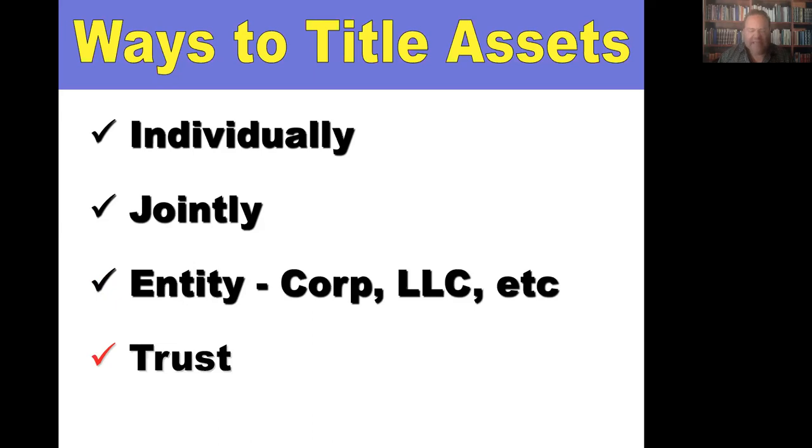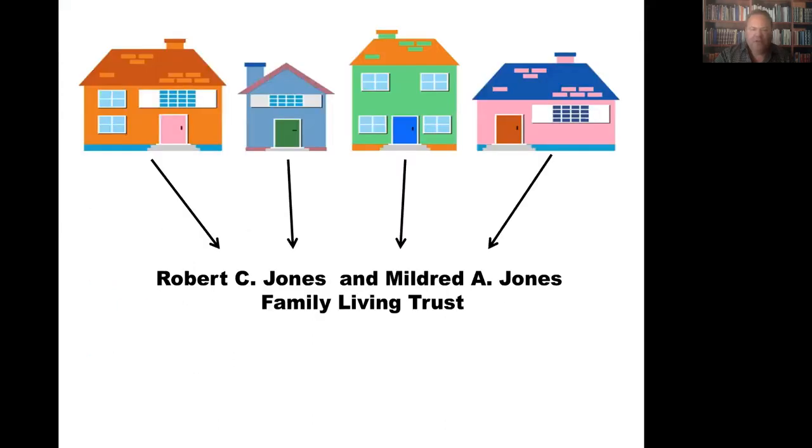It doesn't have a tax ID number in most cases or a bank account. It's an agreement. A trust is an agreement between parties. That's all a trust is. So what a lot of people will use a trust for is their estate planning, and put all their properties into the Robert C. Jones and Mildred A. Jones Family Living Trust. Now, this doesn't really accomplish what we're trying to do, which is anonymity and protection, because